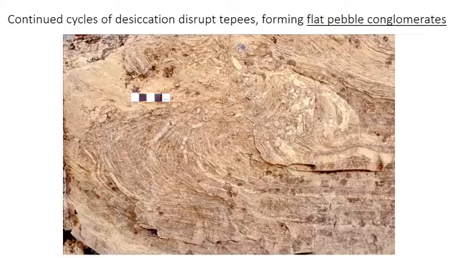As the name suggests, it's just a bed composed of broken up tabular pieces, generally quite long and thin, sort of square, blocky pieces of the underlying unit. So the name is somewhat inaccurate because the pieces are typically quite angular blocks, and so it should really be called a breccia, but the name flat pebble conglomerate is just what's used.